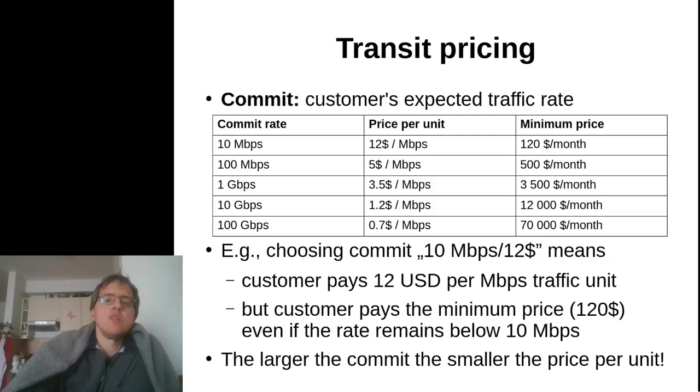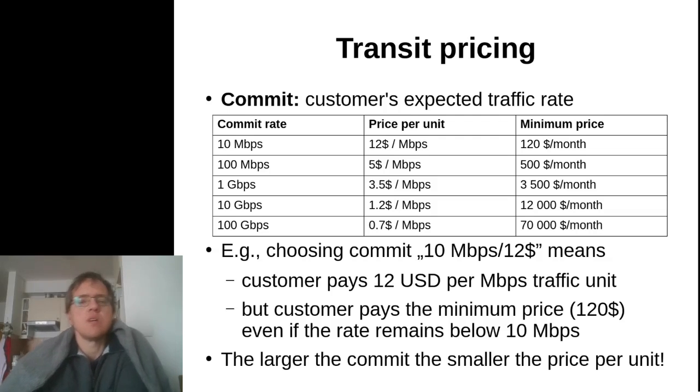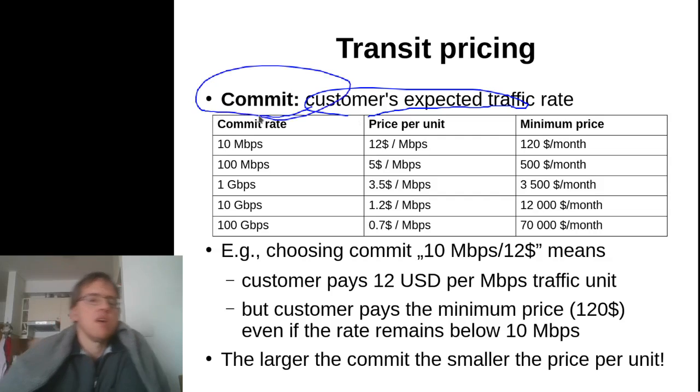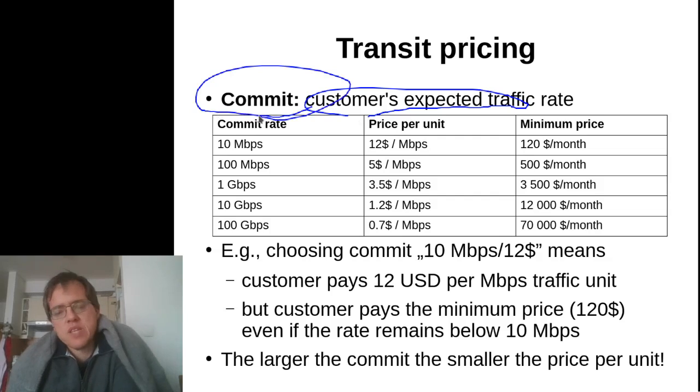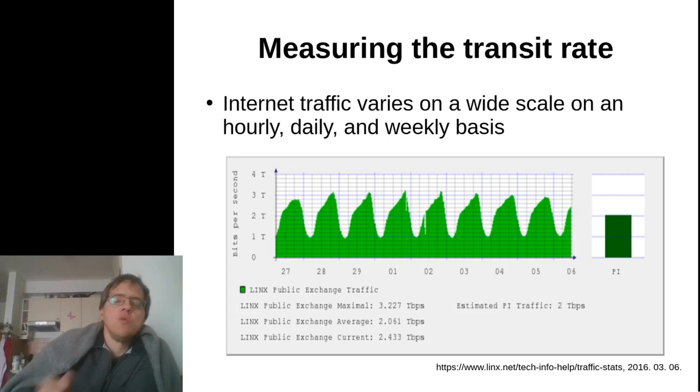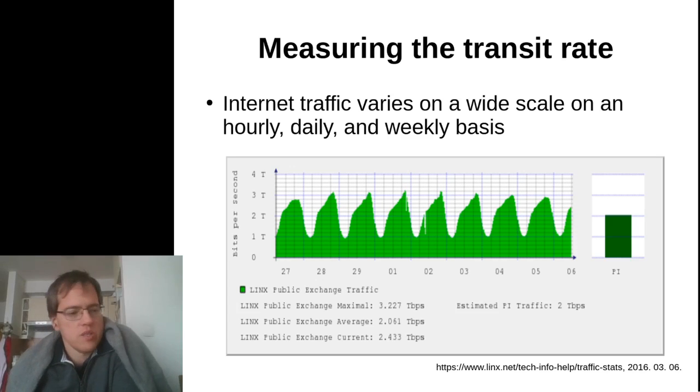So the larger the commit, the smaller the price per unit, but the higher the minimum price. And this progressive pricing regime will force the customer to actually try to predict its expected traffic rate as closely as possible and choose the commit that is optimal and the smallest possible for itself. And this provides a way for the transit provider to dimension its own service level agreements with its own